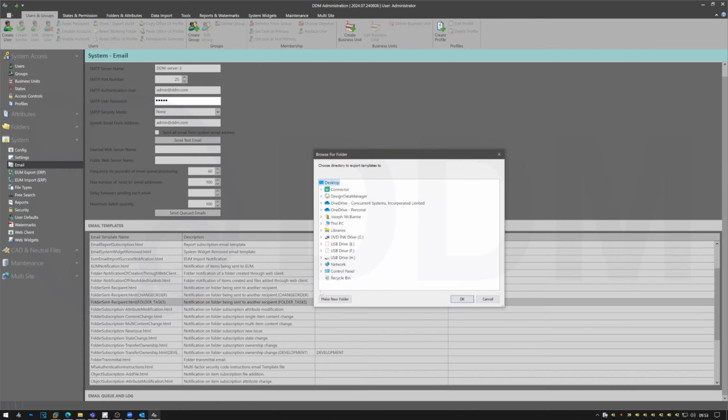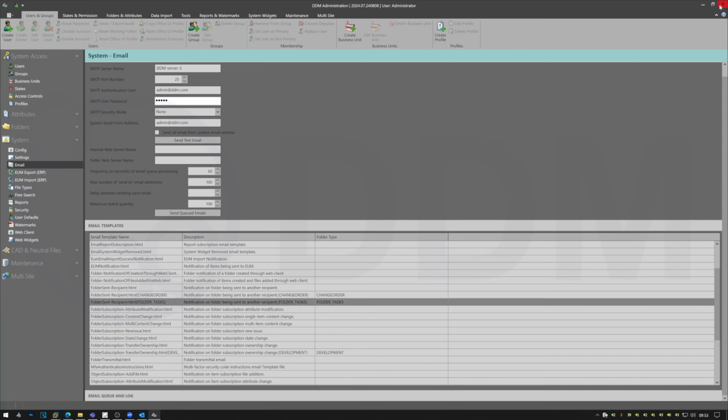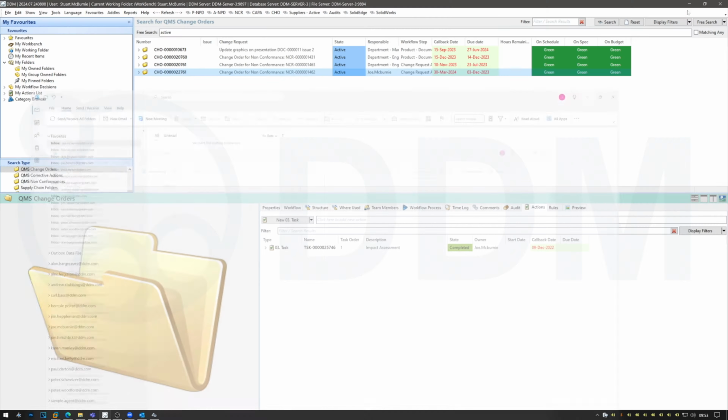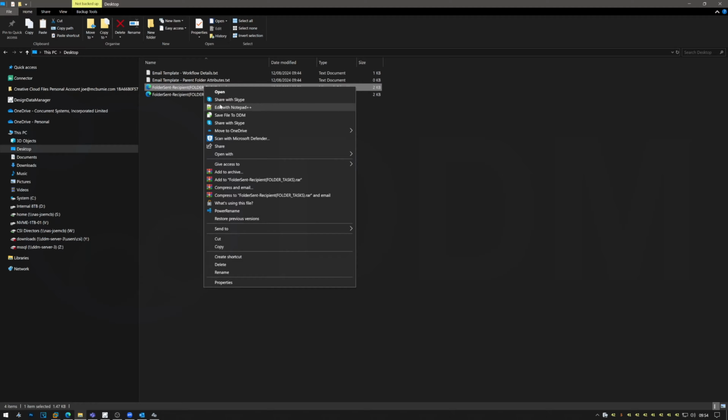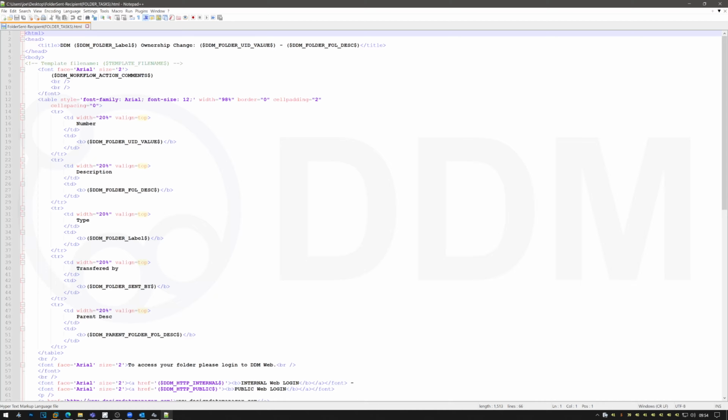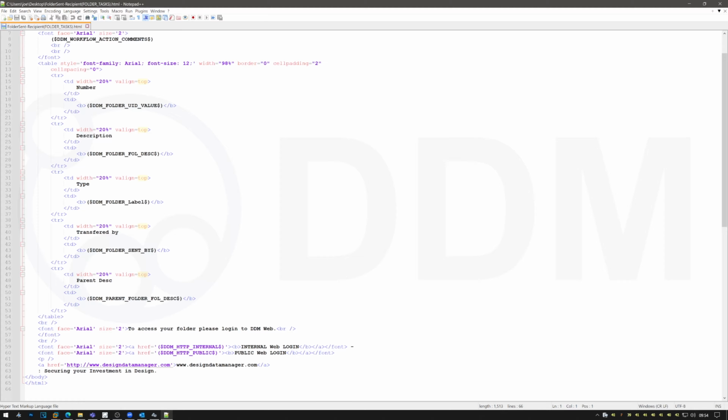I'm going to export this template again to the desktop. Let's minimize all of this, and I'm going to now get rid of the change order ones because they're finished, and we're going to copy and paste. So I've got a backup copy, edit. So the table here, parent folder description. So we already have an attribute in here for the parent folder description. I'm going to copy this row, copy,